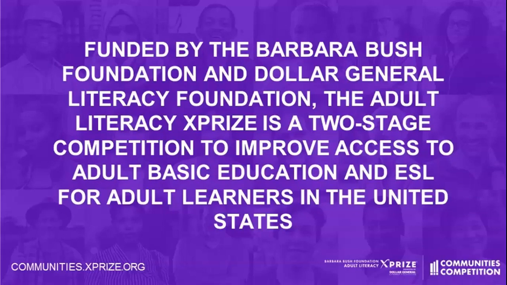That's why we call them field-tested apps, because several thousand adults actually used them for almost a year and were pre- and post-tested. We are now at the second stage of this competition, in that we are in the communities